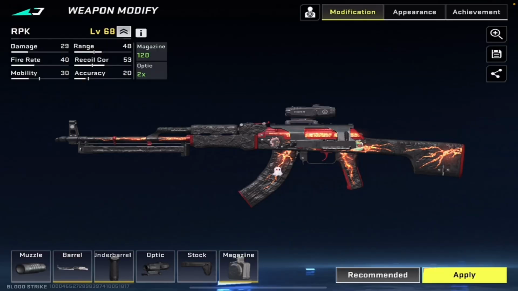At number 4, I have to put the RPK. Now, the RPK is a really good gun, although I must warn you, it is very slow. But the range, the damage, and the amount of bullets that you can have on this gun are what makes it really good. Also, the aim assist pull on this gun is also pretty good,